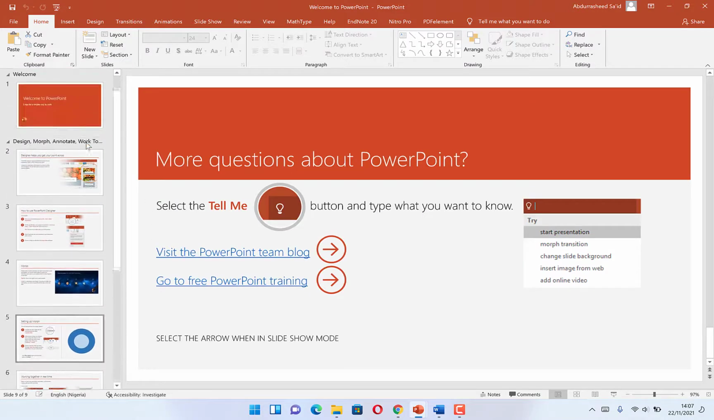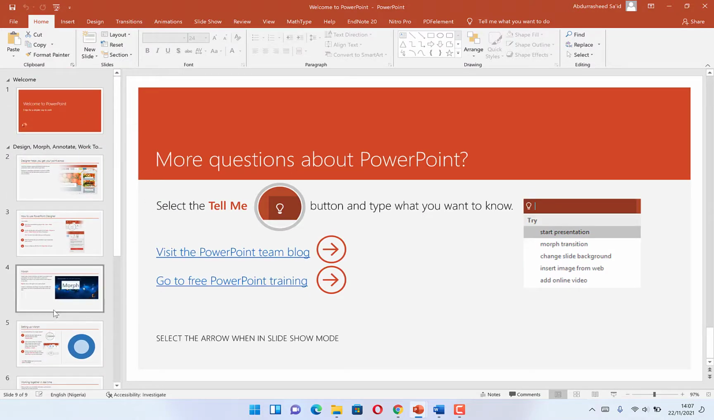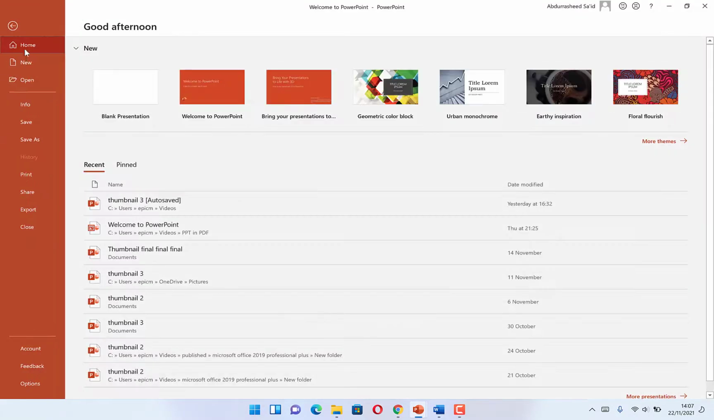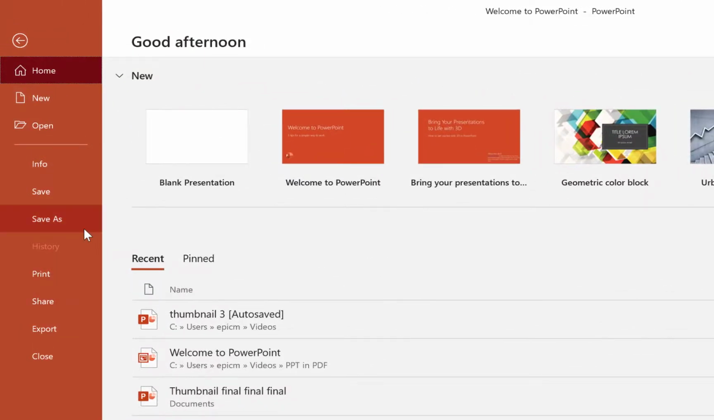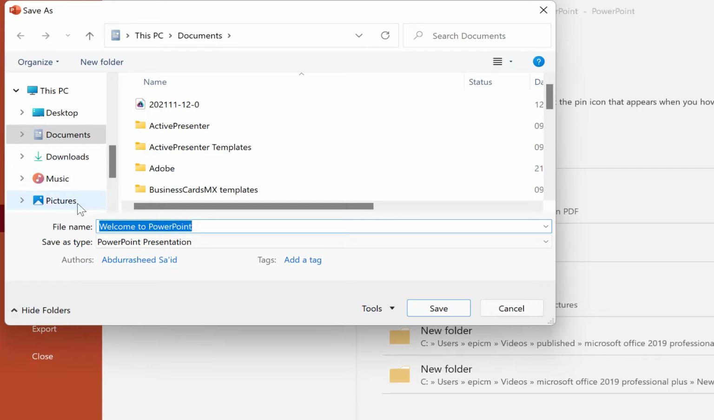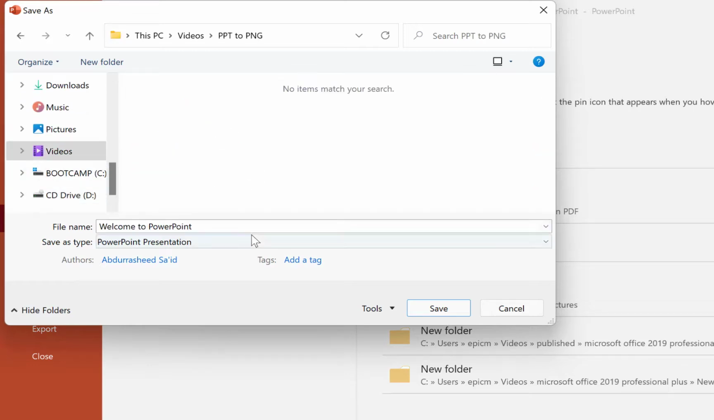So the first thing you need to do, you can do the conversion individually. For example, I want to convert page 7 to PNG. So all you need to do is to come to the file over here and come to save as. You can browse to the location of your choice. So let's say I'm saving it here. I give it a name,